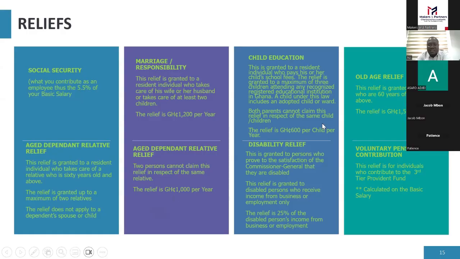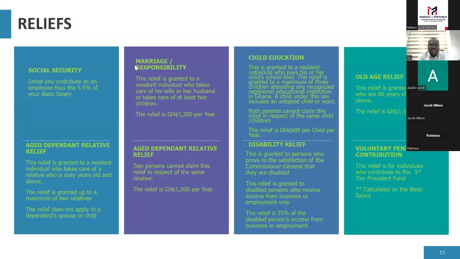We have the disability relief as well. This is granted to persons who prove to the satisfaction of the Commissioner General that they are disabled. This relief is granted to disabled persons who receive income from business or employment only.